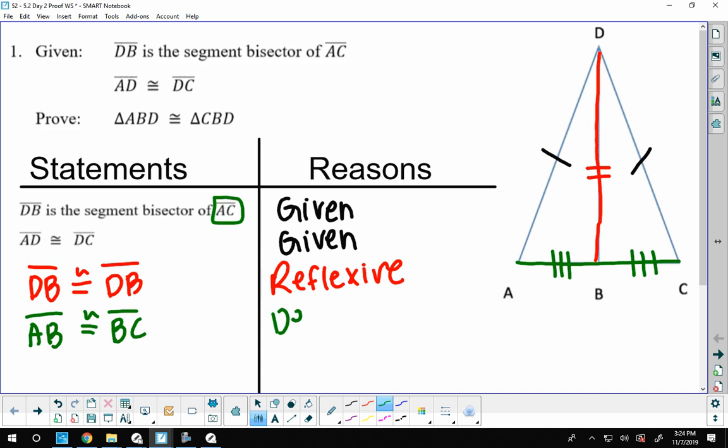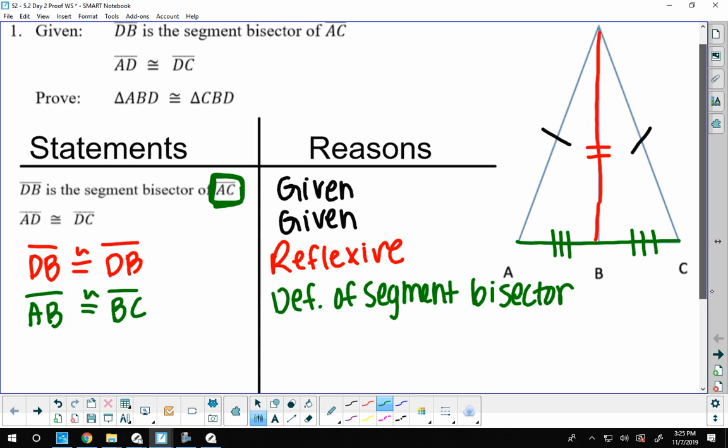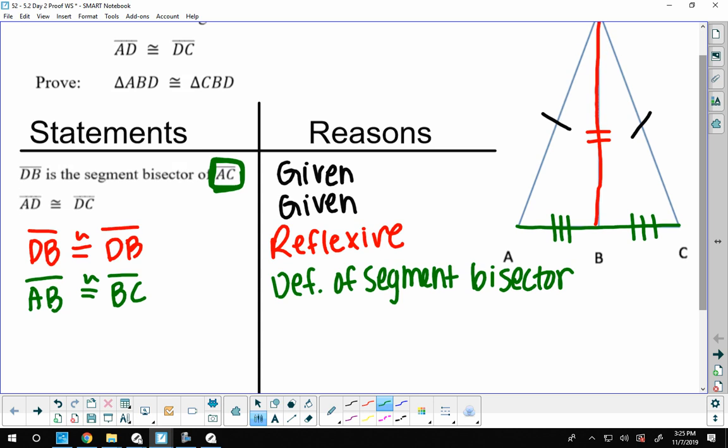And how did we know that? By definition of segment bisector. Because that was our first given, right? Here it's bisecting segment AC. Since segment AC is getting bisected, it is definition of segment bisector that told me this half was equal to